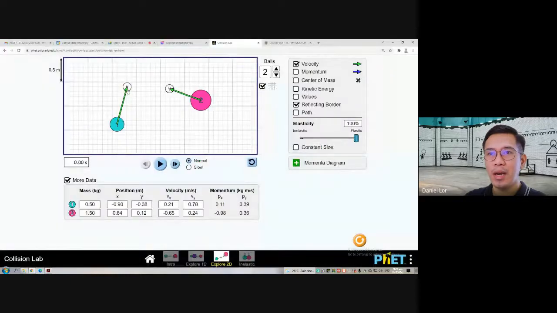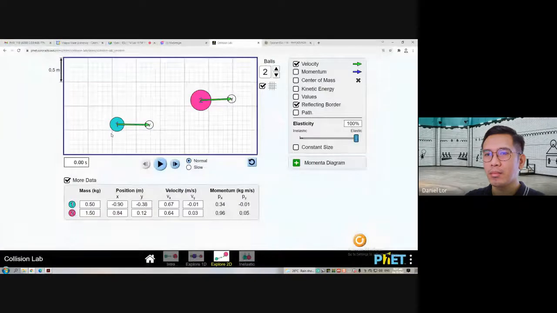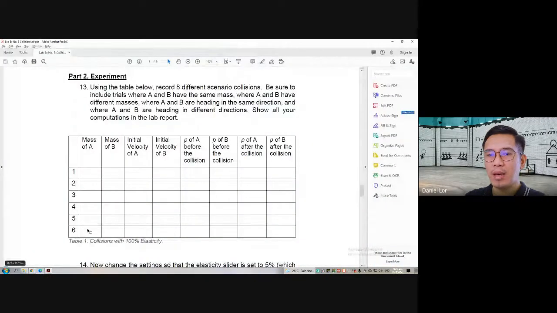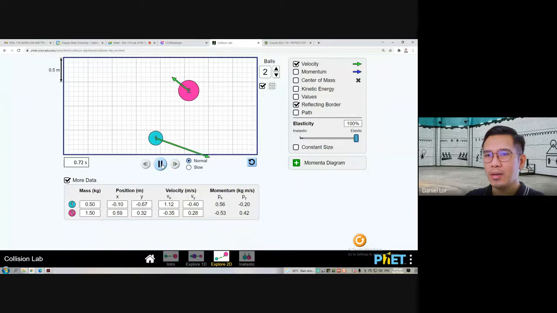For example, their velocities are going the same way. And for 5 and 6, their directions are different. For example, different directions, okay,